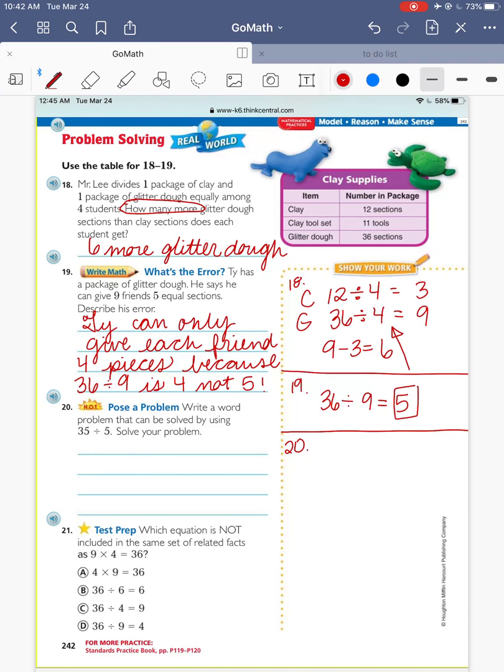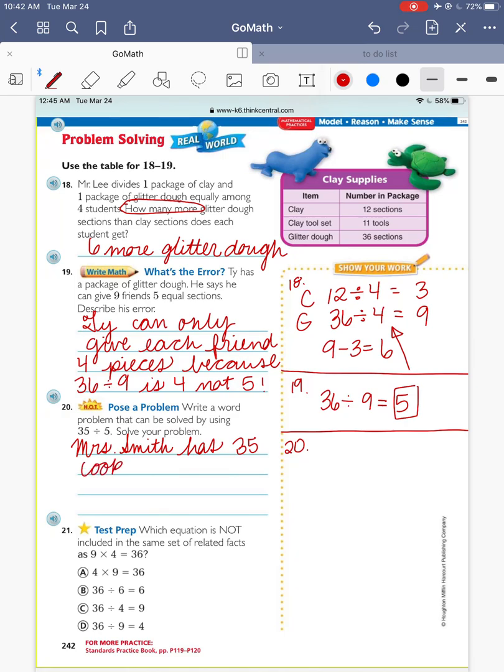20. Write a word problem that can be solved using 35 divided by 5. So you need to pick something. None of the options up in the clay supplies will work because none of them are going to have a 35 in them. Let's do Mrs. Smith has 35 whatever. Let's do